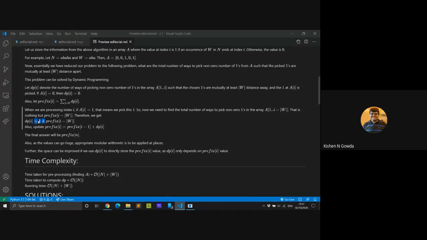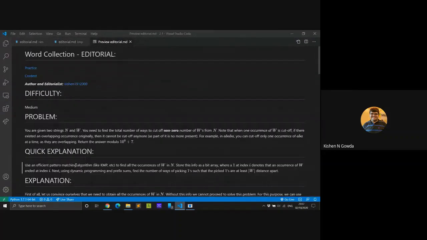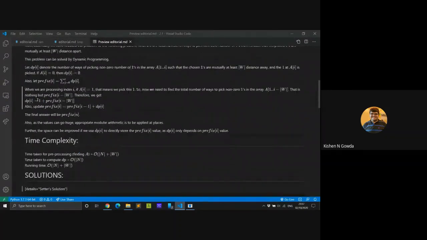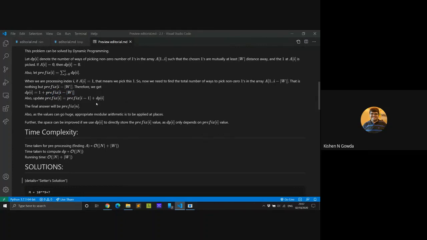So this is one way of picking up a one, and then you add it to the total number of ways of picking up ones in this array A1 to I minus W. Okay, so that is DP of I.